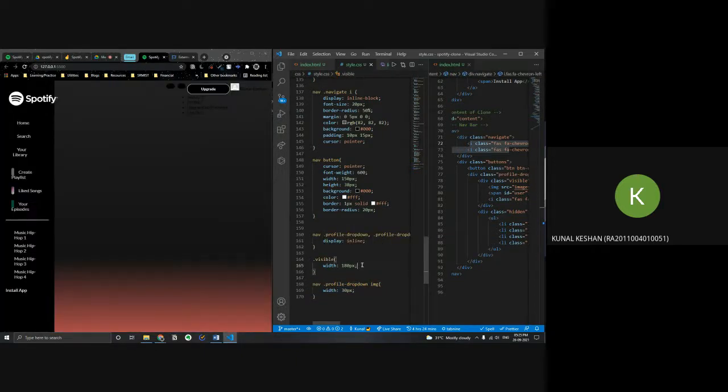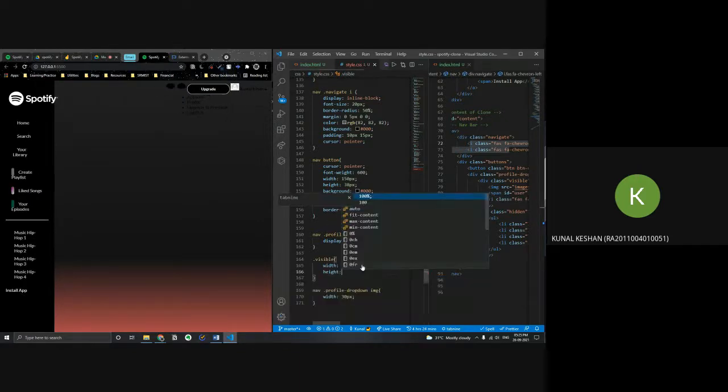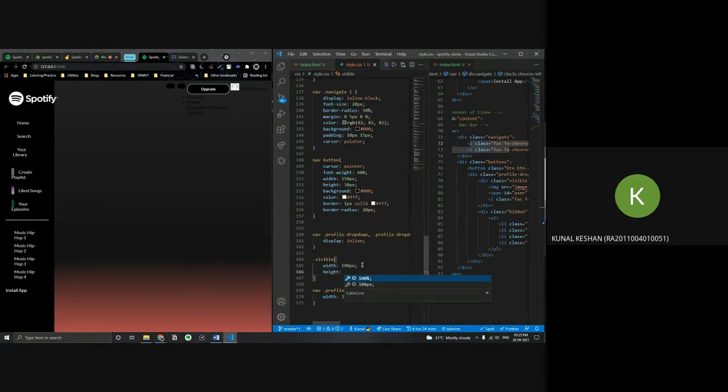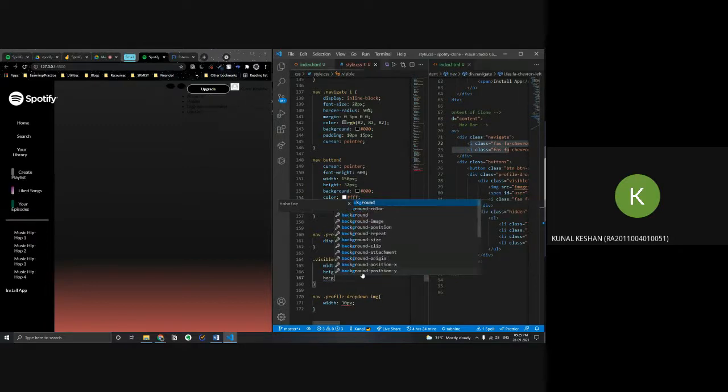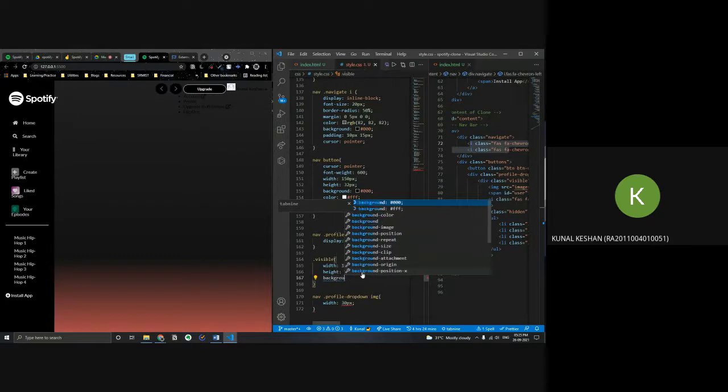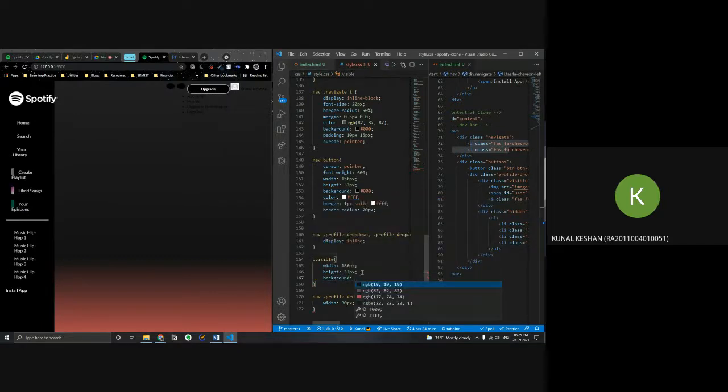So with 180 pixels, same height, maybe we can reduce it to 32. 38 was a bit much, so maybe 32. Yeah, that looks perfect. Then background, you can give it a little bit darker than gray, 282828 over here.